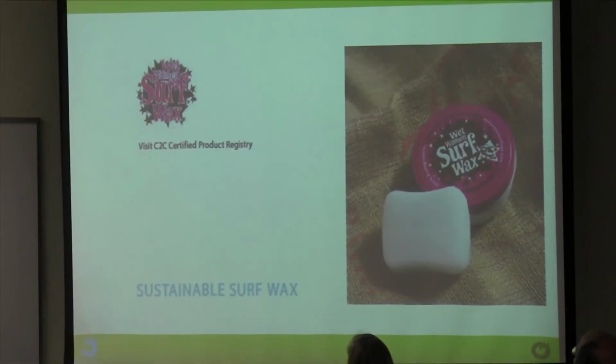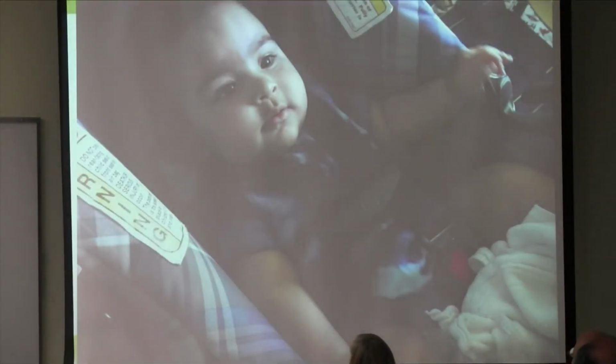And surf wax, this is simple surf wax. Nothing happens to that surf wax if some animals eat it. So very simple. It started with a surfer, and she got an idea, and boom, she created surf wax that is biocompatible. This is my daughter,